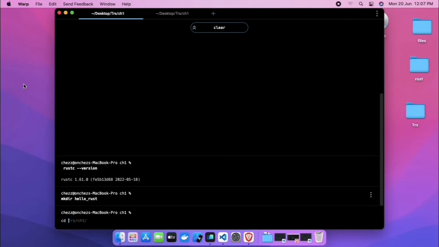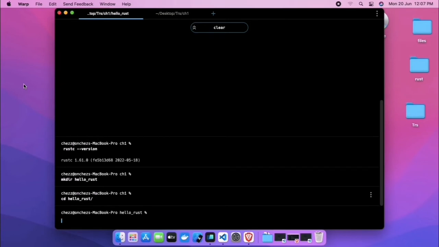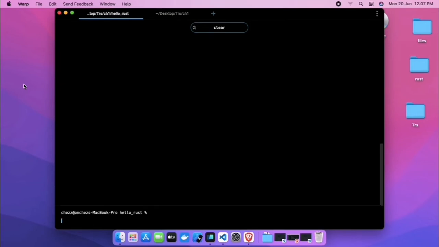Inside this directory, we are going to create a file which will be the entry file for the compilation of Rust, which we will create by using the touch command,